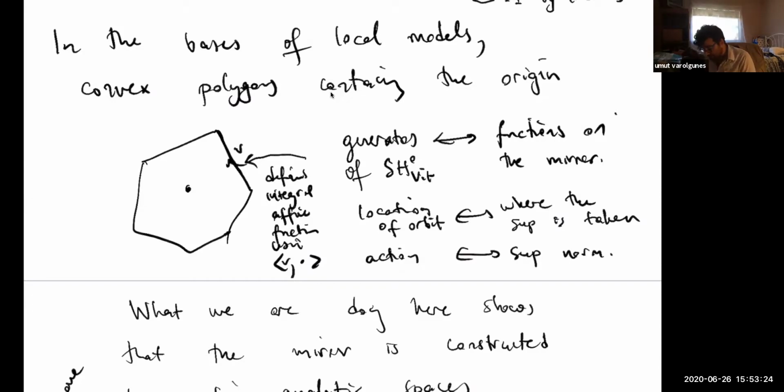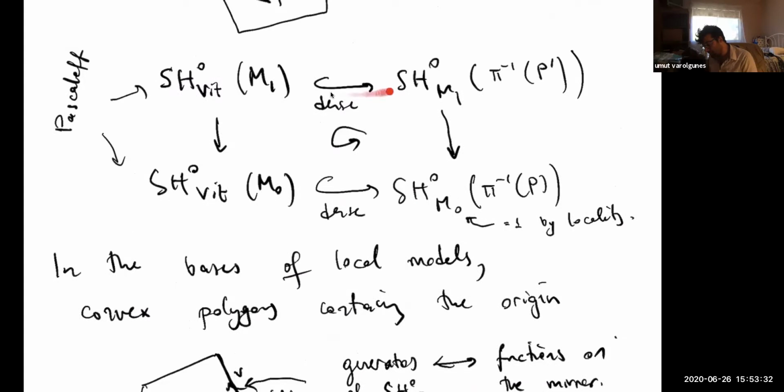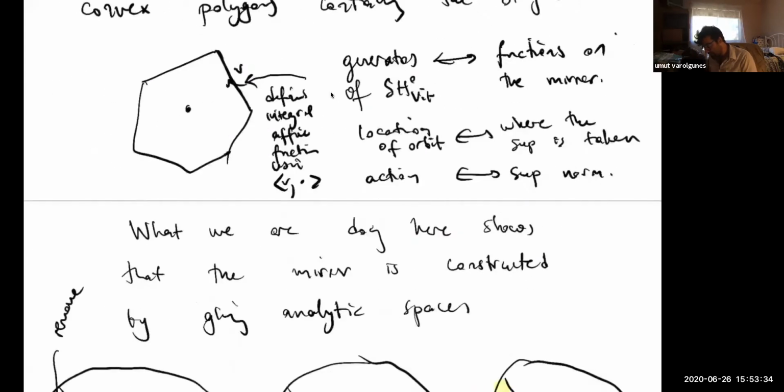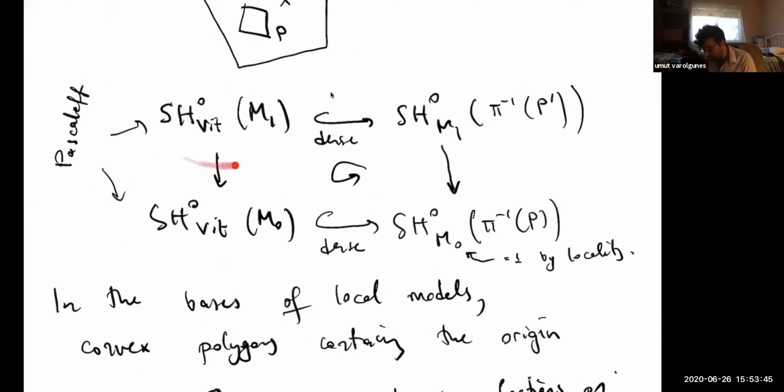So using this, I think it's possible to prove that the norm induced on SH0 Viterbo under this kind of map is the same as the norm induced by the sup norm. Okay, so somehow this is going from the Viterbo invariant to